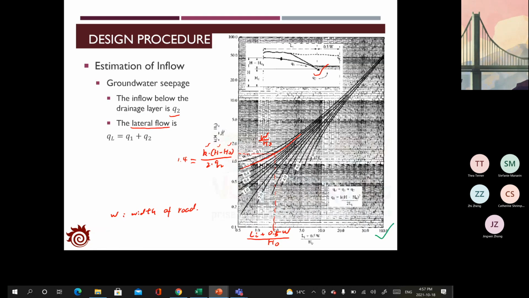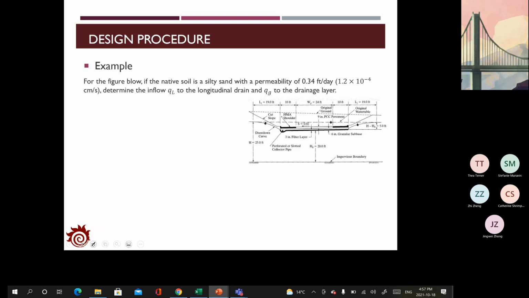Here, we can use the graph to find out the value of Q2. But with that, we need to know the value of the x-axis, which line we have to calculate, and then we can find out the point at the vertical axis. With that, we can calculate Q2. So let me show you the details to do this calculation. So first, for the x-axis,